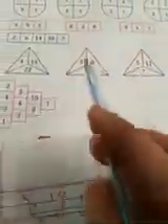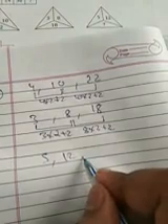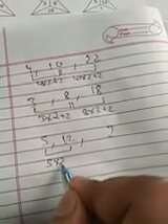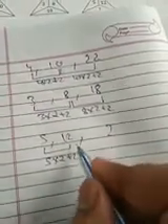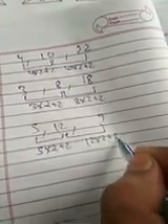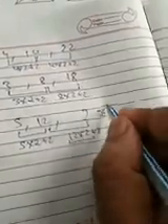So now our third pyramid will follow the same pattern. The numbers of the third pyramid are 5, 12 and a question mark. Now 5 times 2 plus 2 is 12. Similarly, this will become 12 times 2 plus 2: 12 times 2 is 24, plus 2 is 26. So in place of the question mark, 26 will come.